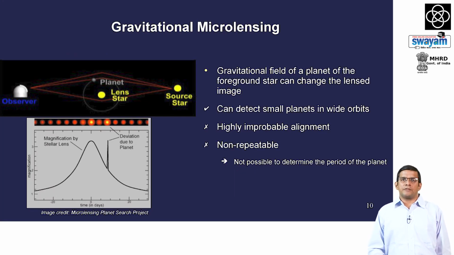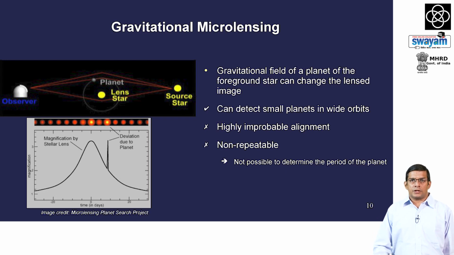The next method is gravitational microlensing. The gravitational field of a lens star can be changed by the presence of a planet. Suppose there is a source star here from where the light reaches the observer's eye, but if there is another star exactly aligned along the line of sight, then this causes a microlensing event, as we call it, as light bends around the star to reach the observer's eyes, and we see a typical regular profile